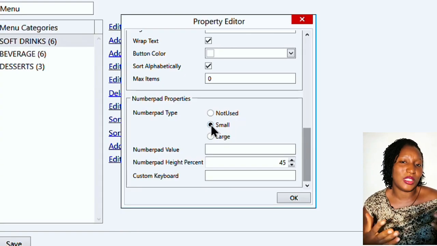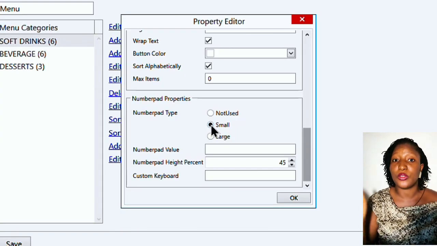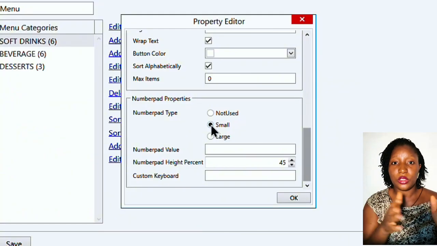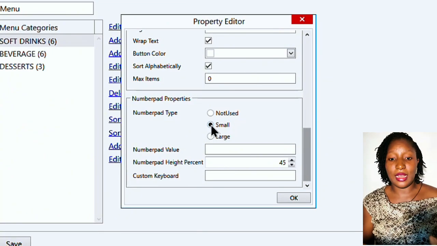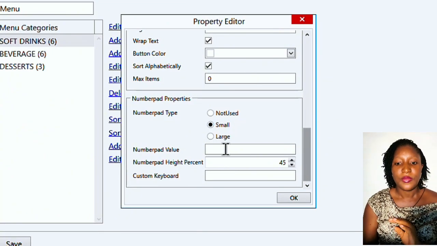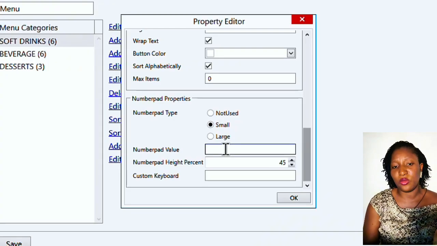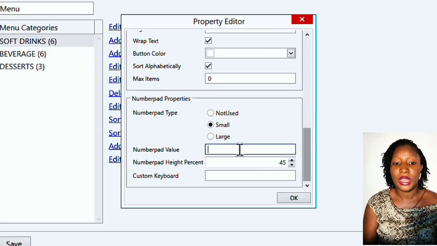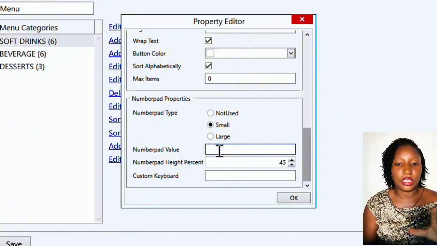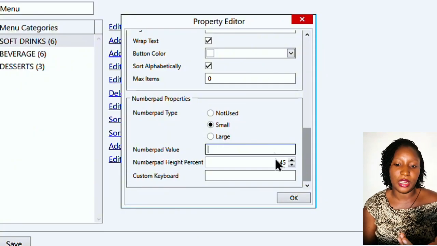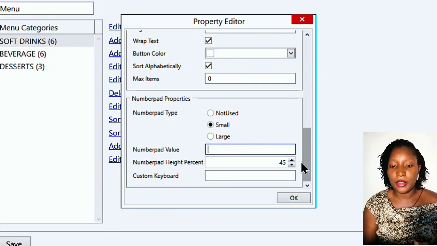But in this case, I just want it to be smaller. That's from 1 to 5. Small is 1 to 5, then none is nothing at all. I'm just going to leave it at small. Then the number keypad value, because I don't need a number pad value, I could just leave this empty. But if I want a number pad value, I can as well create a number pad value here,